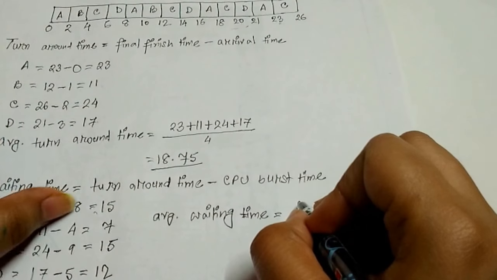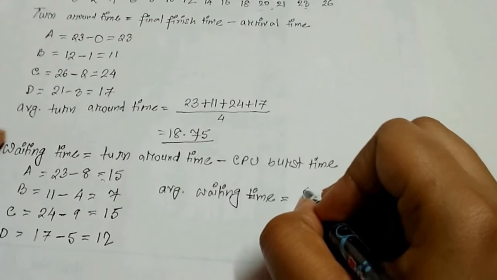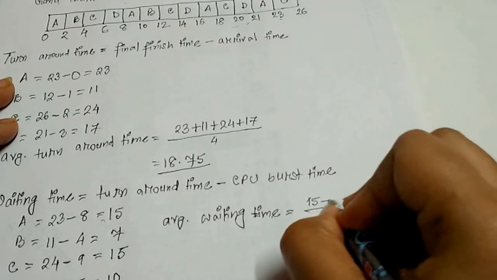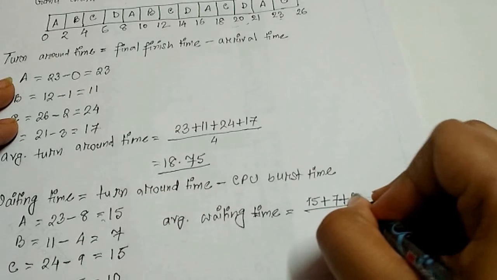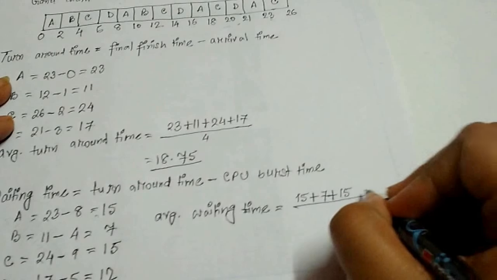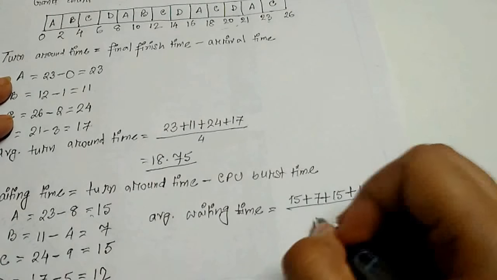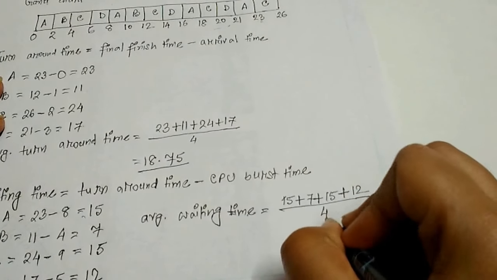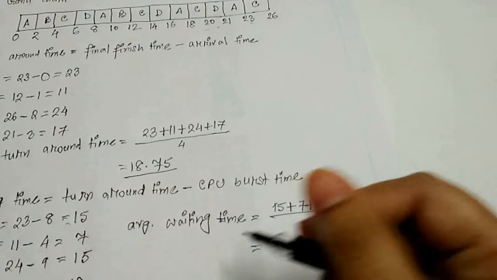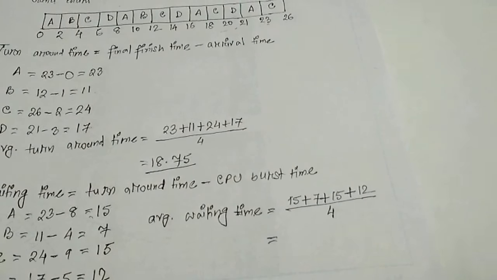The summation of all the waiting times of the processes, that is 15 plus 7 plus 15 plus 12, whole divided by the number of processes, that is 4. By calculating this, we will get